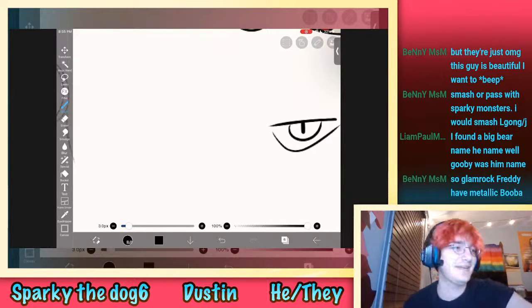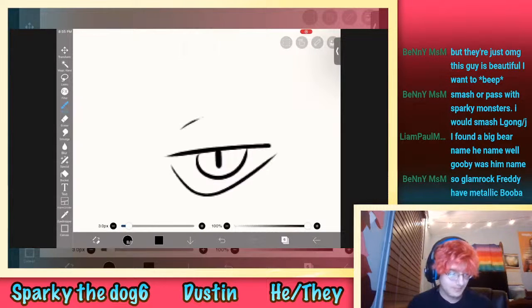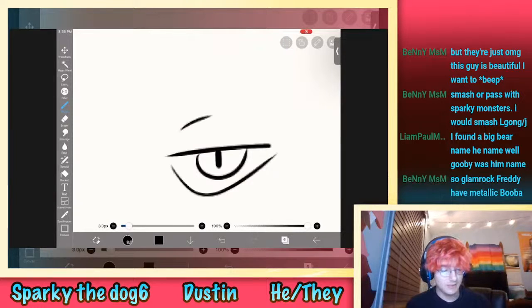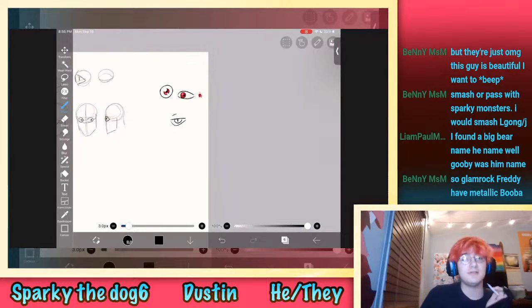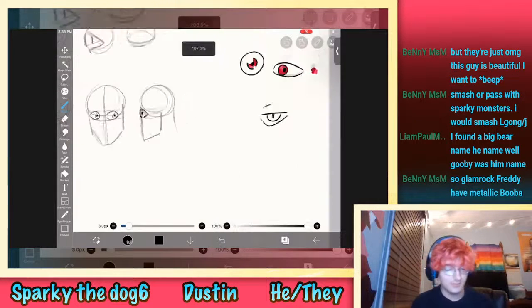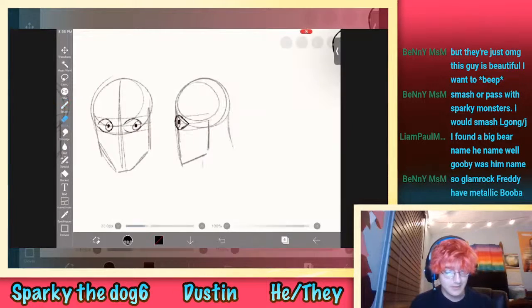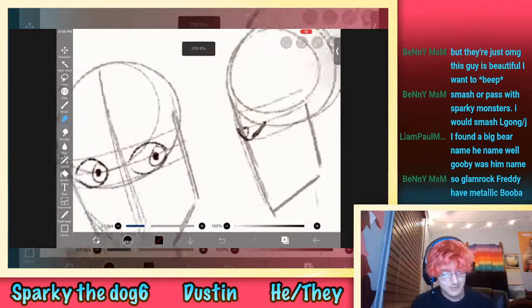Anyway, something that can help indicate that this is not the natural state of the eye, this is half lidded and not fully open, is you can show the lid line up top. You can also use that as an advantage to show the 3D aspect of a drawing. For example, if we would take